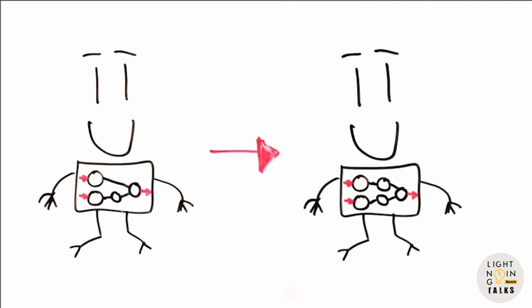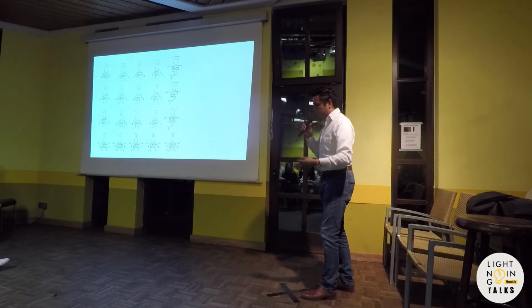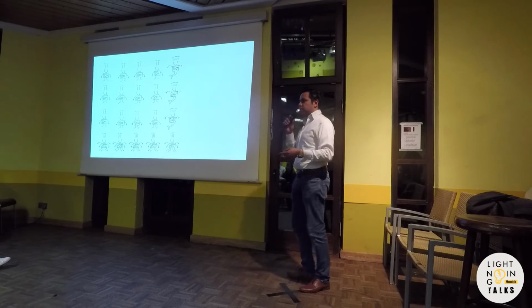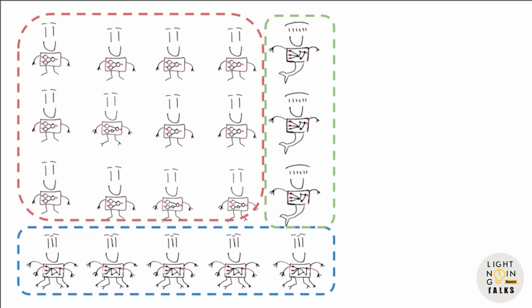The networks will change over time, and they will become more and more complex. It would be really unfair for the bigger networks to compete against the smaller ones, because the bigger ones are new to the system and not yet sure how to solve the problem. So the algorithm says that we need to separate the networks that are different from the other ones, and then we put them to compete only within their group.